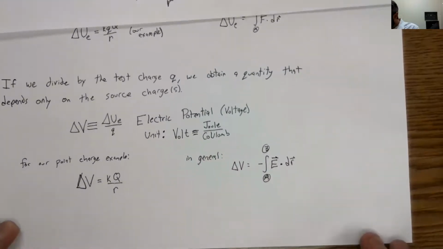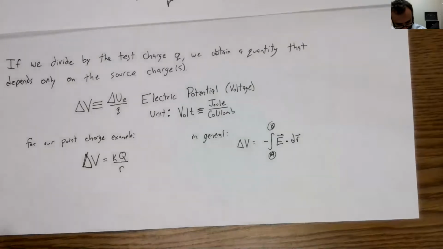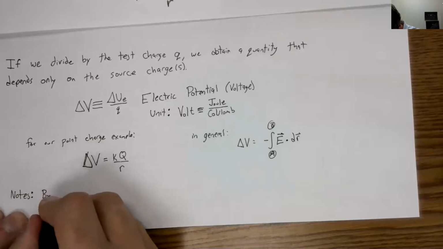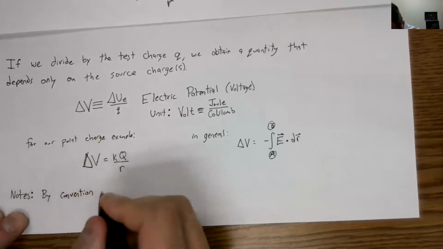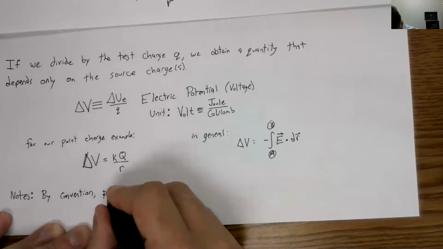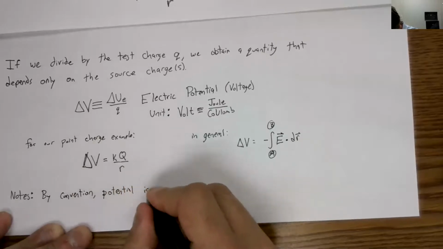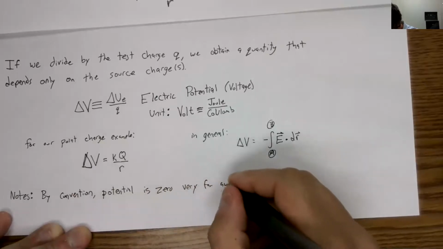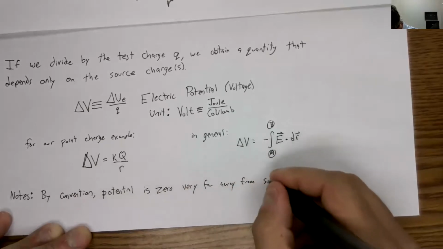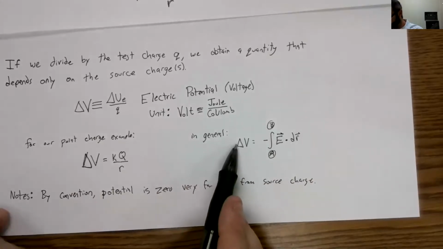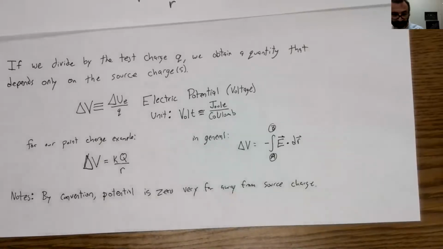So a couple quick notes, and then we're ready. That's about it to end. The convention we usually use is that the potential is going to be 0 very far away from a source charge, or at infinity. We found here the difference in potential, delta V. But if we're just looking at what V is, we use the convention that at infinity our source charge potential is